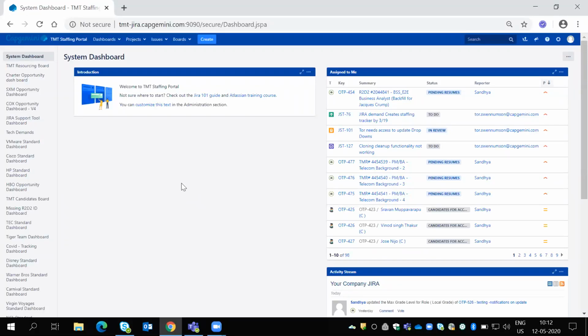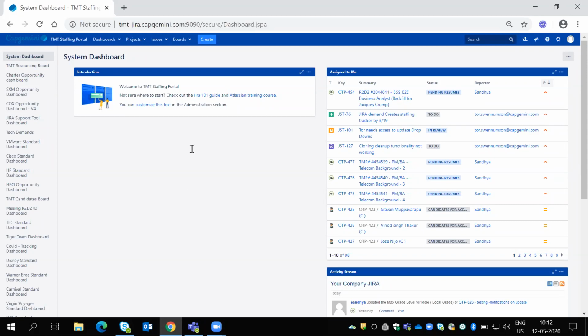So first of all, where we need to write is filters. In Jira, we can call it a filter or JQL. Okay. So JQL means Jira Query Language. So with the help of that we can write some queries. So with the help of that query, we can pull those reports.